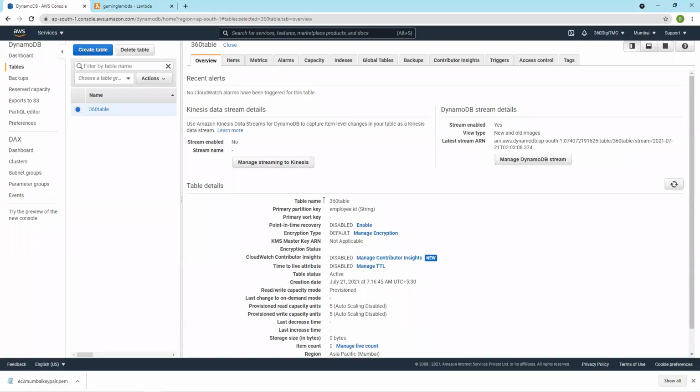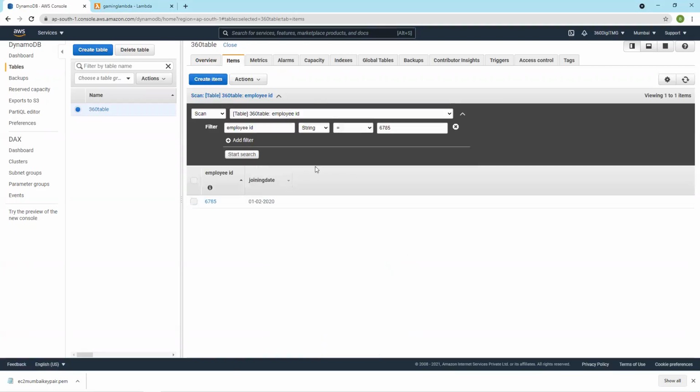Since it's an AWS fully managed service, it's not like RDS. To read data items, you have a console itself to see the DynamoDB table. But for RDS, you have to connect from your laptop or using an EC2 instance.